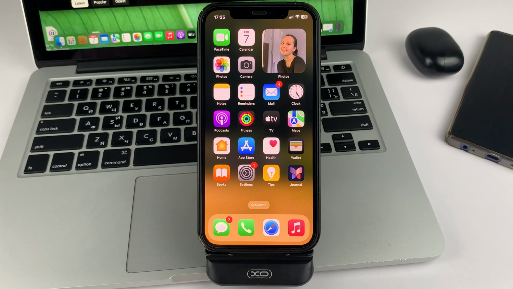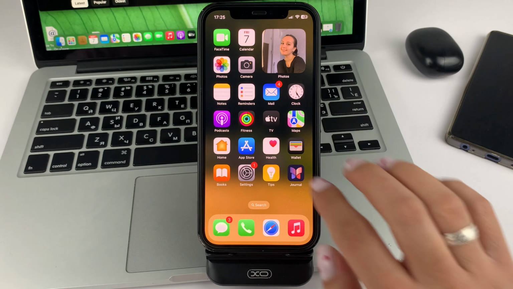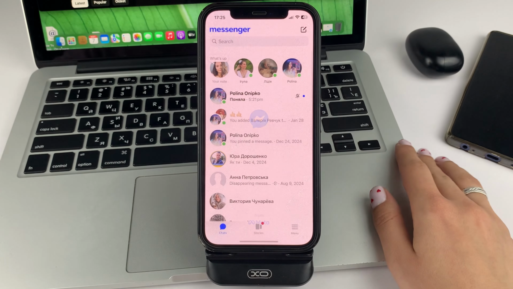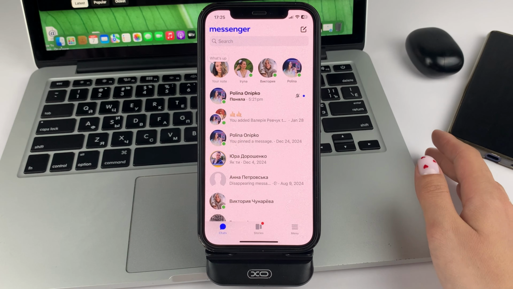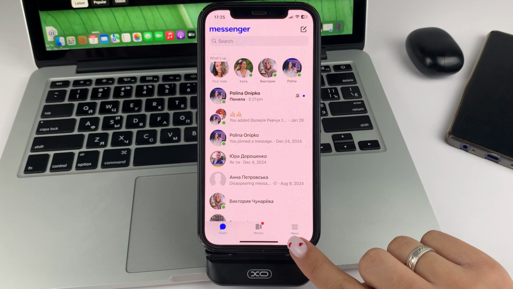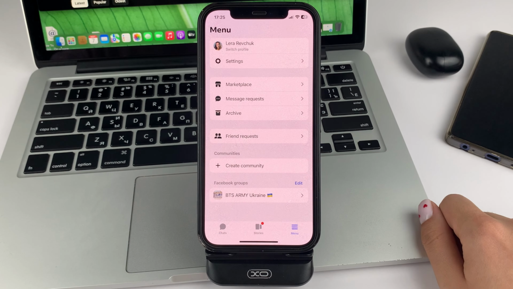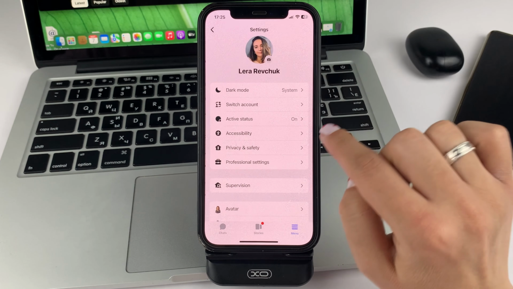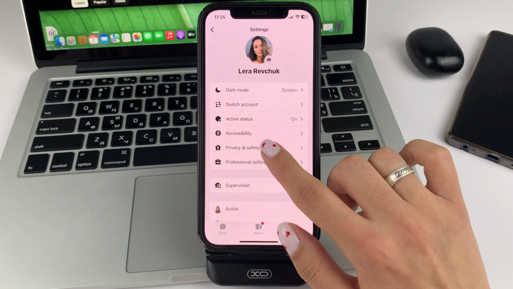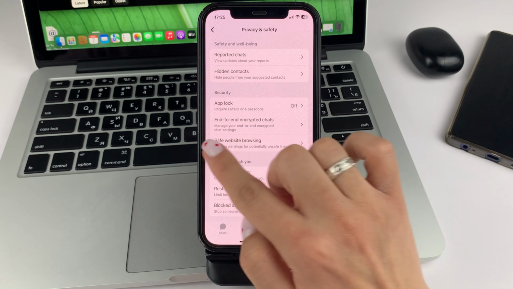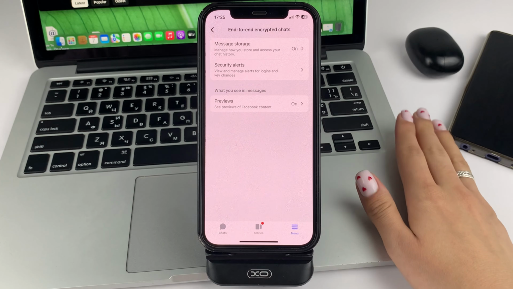So let us get down to our topic. Open the Facebook Messenger application. After which click on the three bars. They can be either on the top left or bottom right. Next, tap on Settings. Next, select Privacy, and then go to that section.